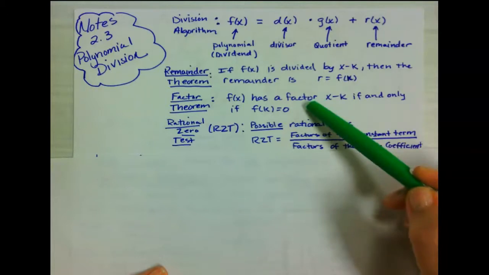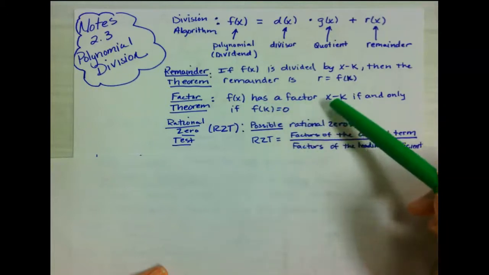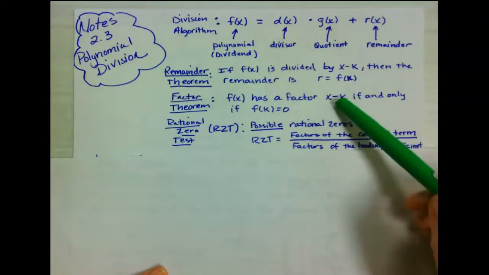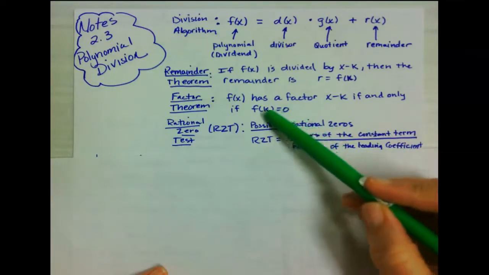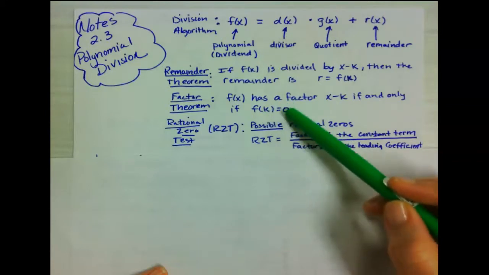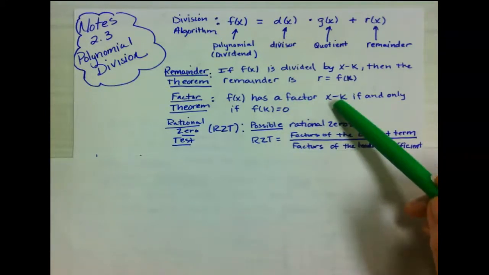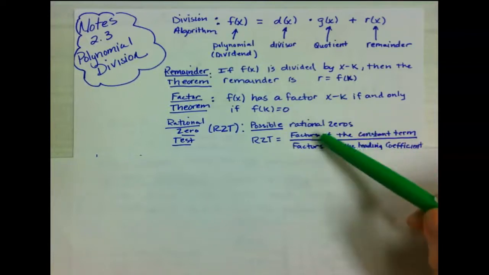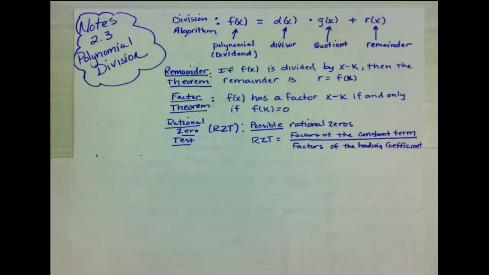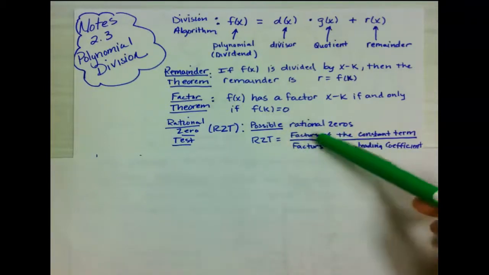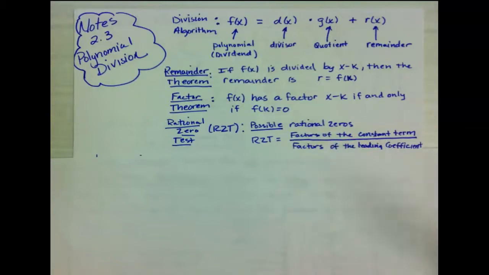Then we learned about the factor theorem that says when I'm looking at factors like x minus k, which might be linear there, it is a factor only if that remainder equals 0. So if the remainder equals 0, then this binomial would divide in there evenly. And then we learned about the rational zero root test, and we abbreviate that RZT, and that is all possible rational zeros. Remember, a rational number is something that can be written in the form of a fraction. So this is a test that looks like a fraction, and you take all of the factors of the constant term, that would be the plus and the minuses,